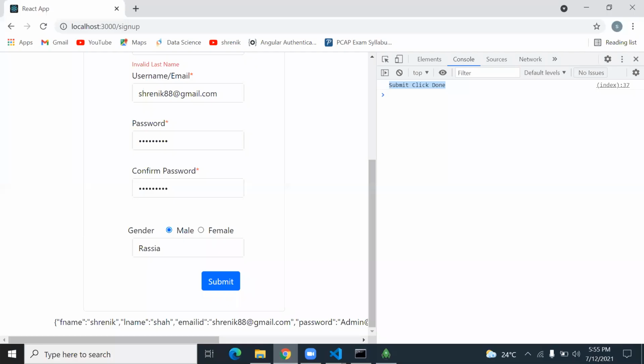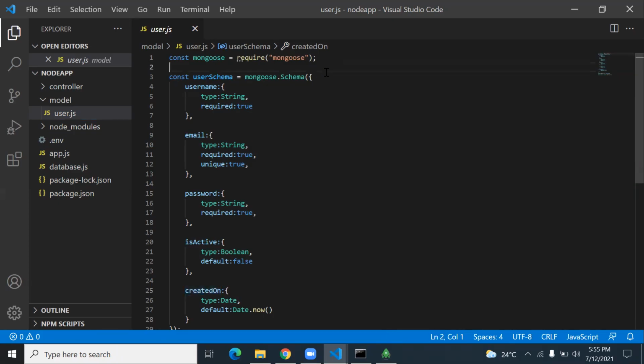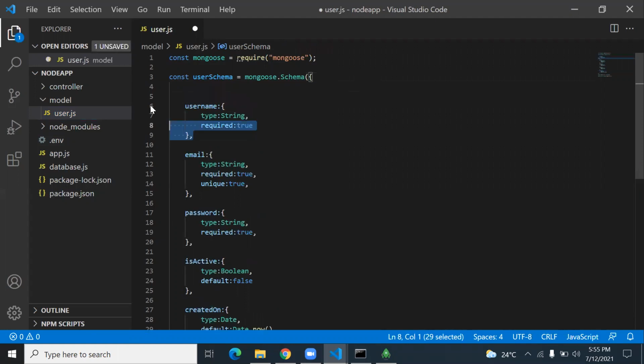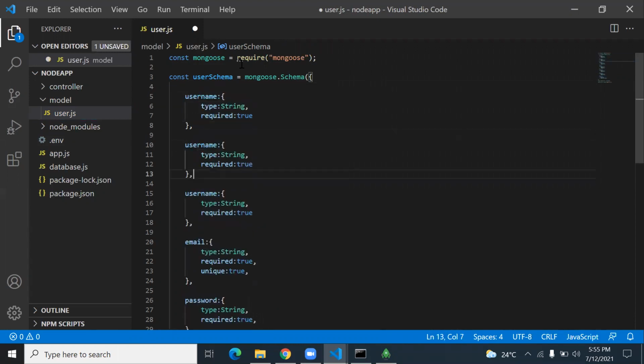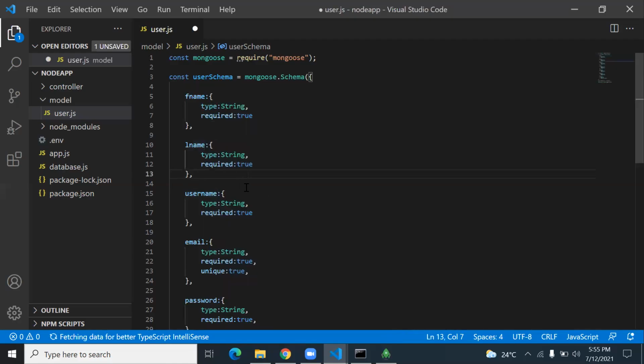So here we copy, paste: first name, last name, and in our case email ID and username are the same, password, confirm password, gender and the location.